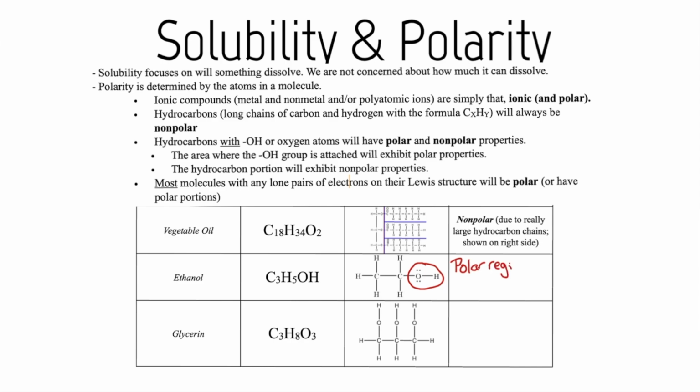If you want to use different colors or just label, whatever you want to do, it's kind of up to you. But then remember the rest of this is a non-polar region. So it has two regions, both polar and non-polar, because the electronegativity difference on the OH bond really makes it polar because of that imbalance